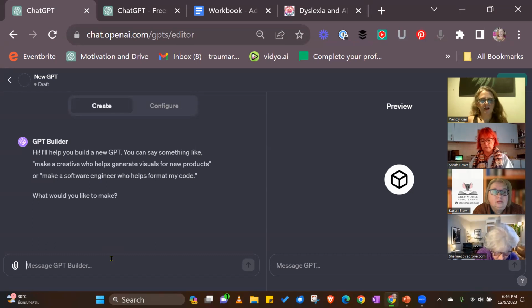What's everyone trying? The journal prompt creator. Fab. So is it a particular style of journal prompts? I think what it needs to do is actually create the themes for that. So give them what kind of options they have around journals.